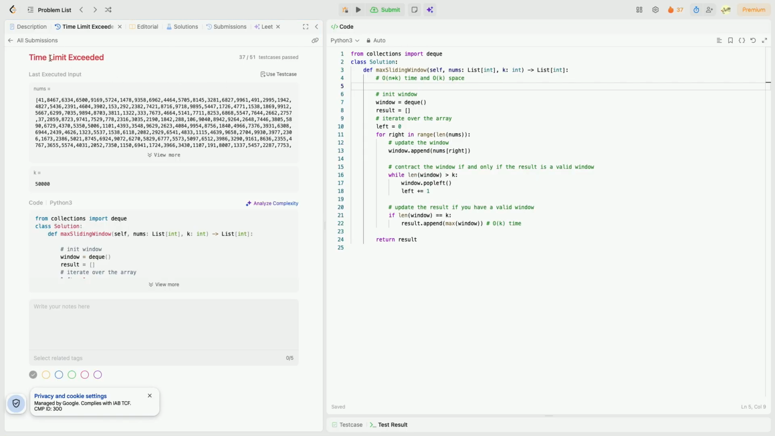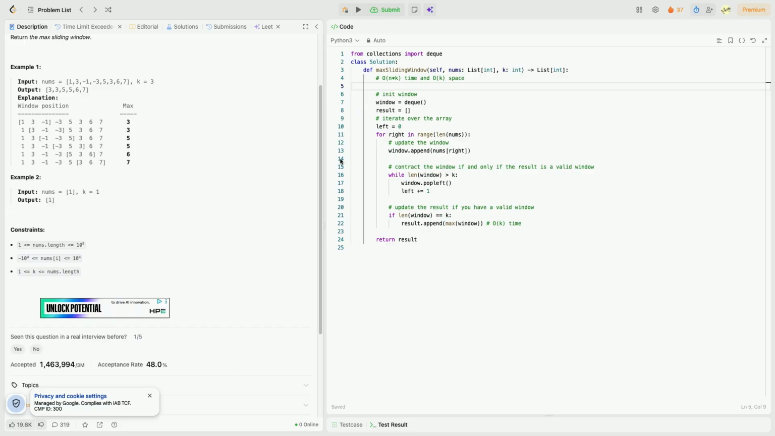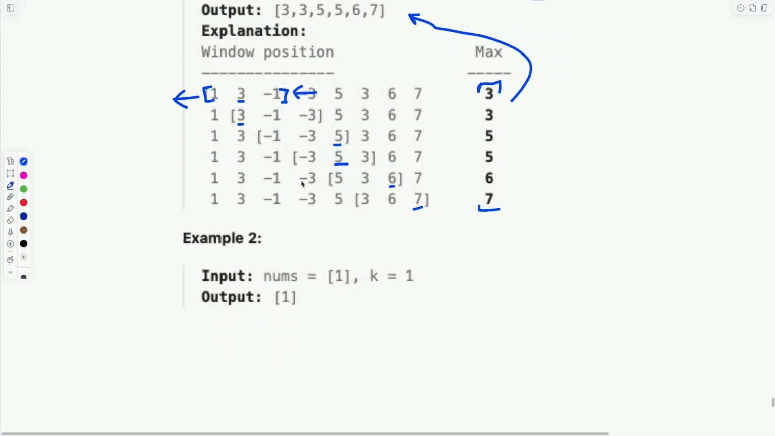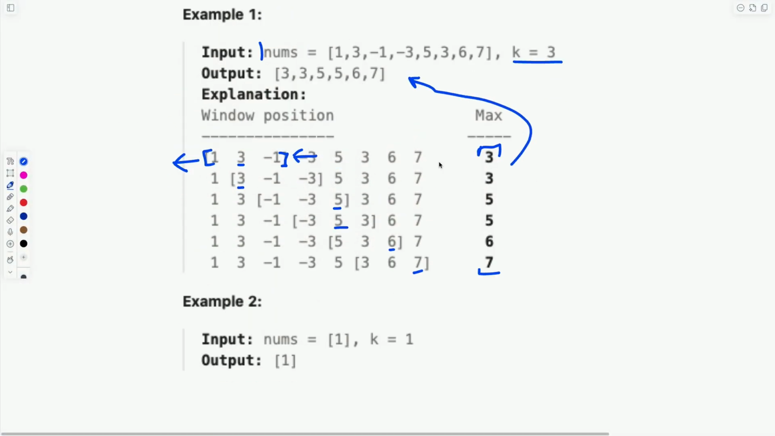We run into time limit exceeded. So that's typical for hard problems when we have a correct algorithm, but it's just not efficient enough. So yeah, we probably need to rework this approach. And to do that, if you look at this example here again, is there a way that we can